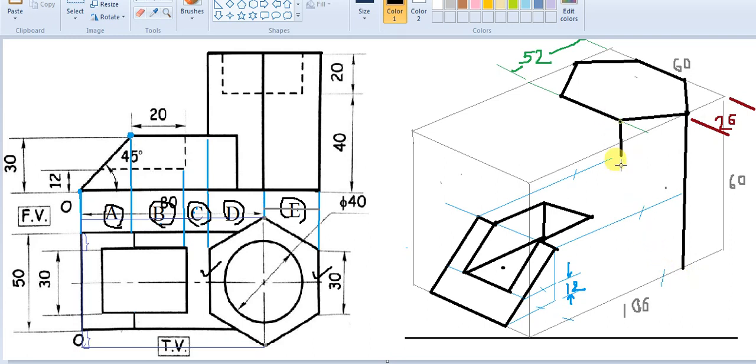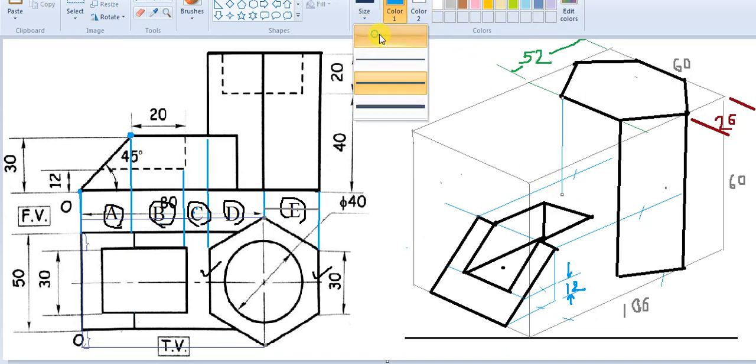Even from this corner, and then I will join these two. It is possible to draw it from this corner also. Now from this corner we will draw a random line because we may have to erase few of them, and if our projection allows we will draw it from this corner also, but in this particular case it is going behind the solid, so we will not show it.